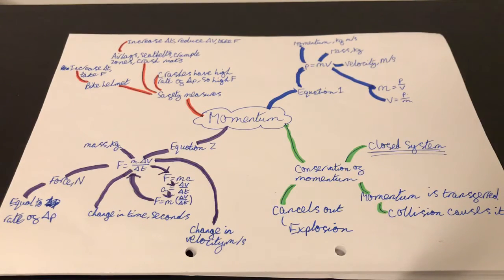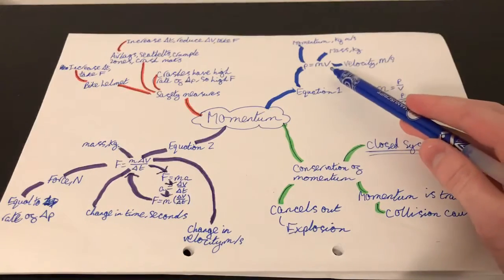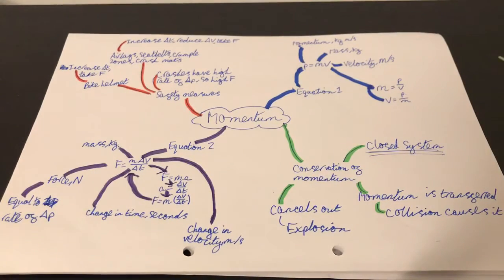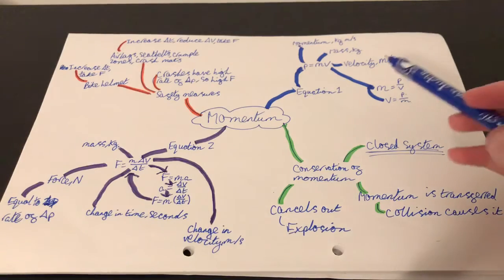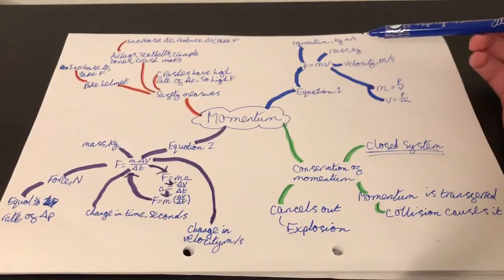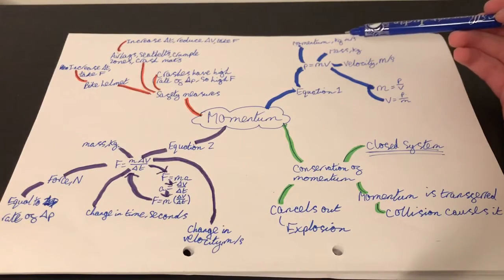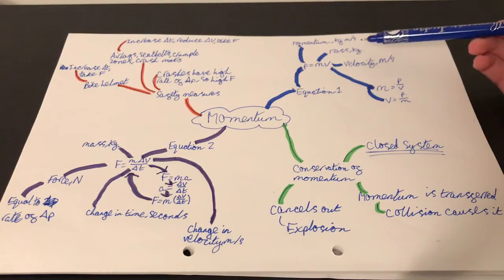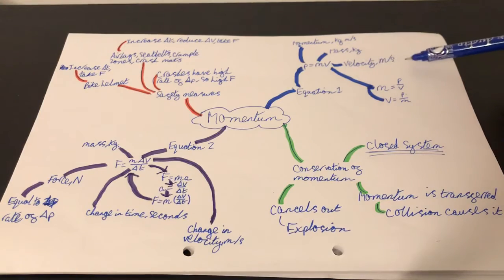I know it's been a long time since I've done one, but I thought I'd come back and do one on momentum. So, the first branch that we're going to look at is this equation right here. Momentum is mass times velocity. Now this is an important one, I think you need to learn it for GCSE. And your momentum is in kilogram meters per second, your mass is in kilograms, and your velocity is meters per